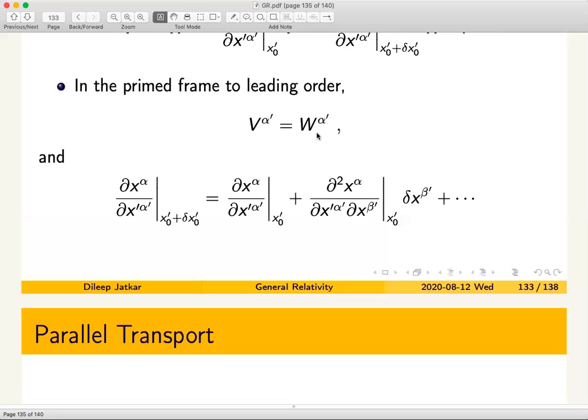As I said, if you are studying theories which are beyond ordinary gravity theories, say for example supergravity theory, then you do have torsion, and in that case you need to actually